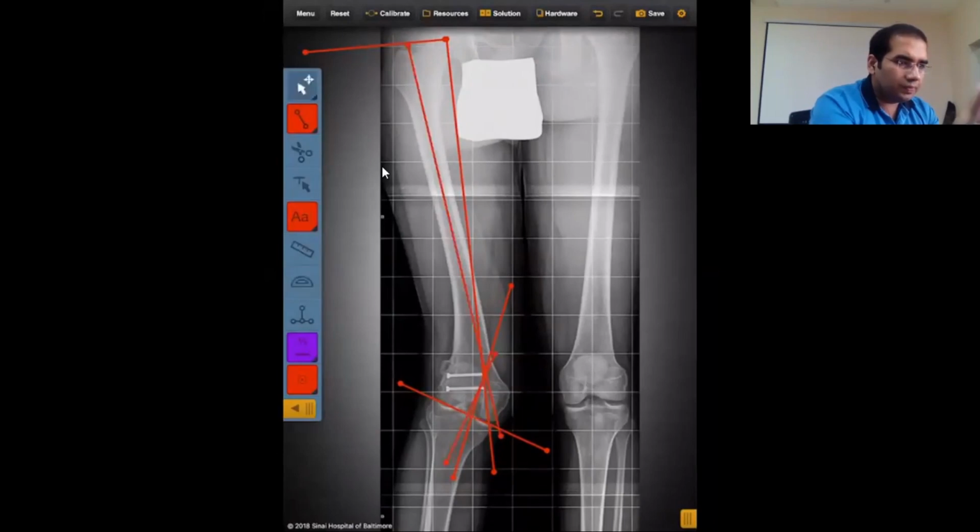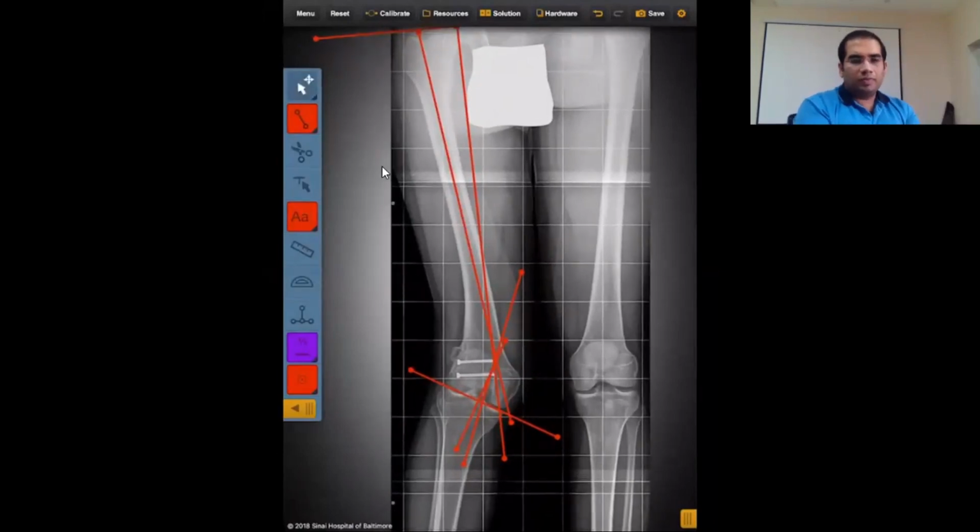So, as you can all see now, the planning in the anatomical axis and the mechanical axis have given us a CORA more or less in the same plane. Since this deformity is very close to the femoral condyle, both the locations of the deformity planned by mechanical and anatomical axis have landed over the same place, because close to the knee, both lines cross each other. The more proximal we are, the more medial will be the mechanical axis planning CORA, and lateral will be the anatomical axis CORA.